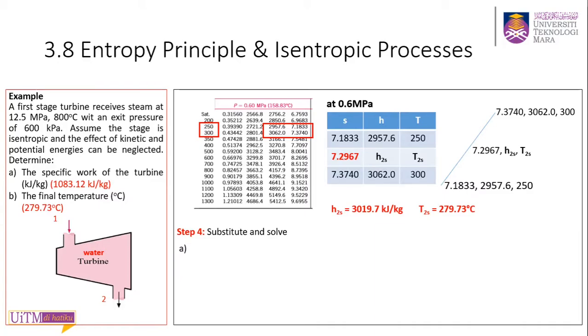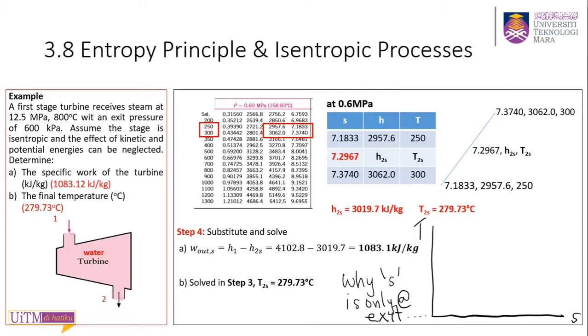Now, to illustrate the entropy effect, we can later sketch a new diagram at the end of the question. But for now, step 4, we substitute and solve for the specific work output. Okay, now let's illustrate the entropy effect using a new graph called the TS diagram. Okay, so we have here the